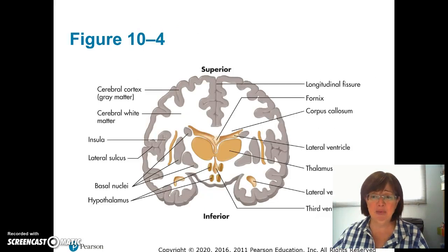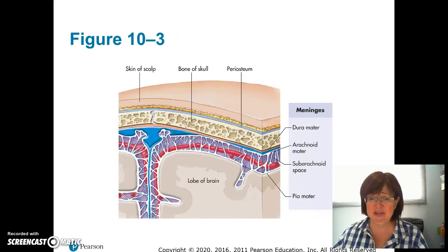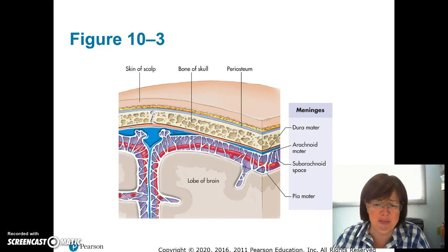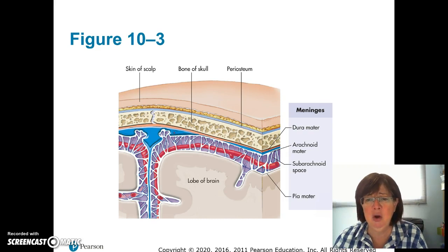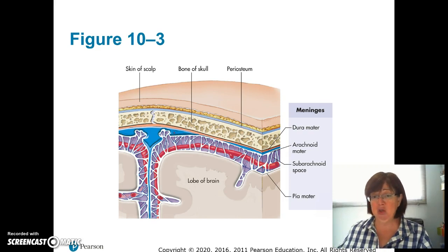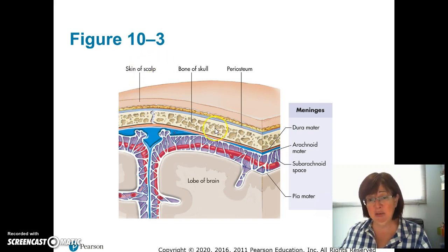Now, we talked about it briefly in terms of the meninges and the cerebrospinal fluid, in the spinal cord lesson, but I want you to pay attention to how it works in the brain, because when you get a brain bleed, it will put pressure on your brain. So if you look at it, here is your skull bone,